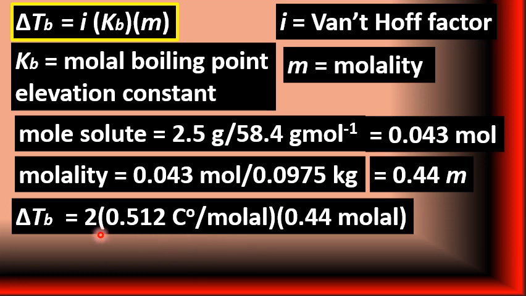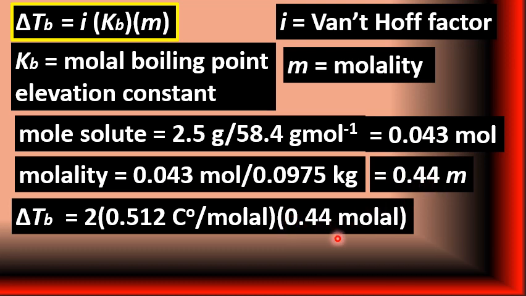So we multiply 2 by the boiling point elevation constant of water, which is equal to 0.512 Celsius degree, or that can also be called Kelvin, per molal. We also multiply that by the molality that we calculated here,